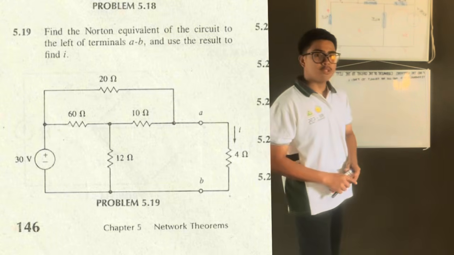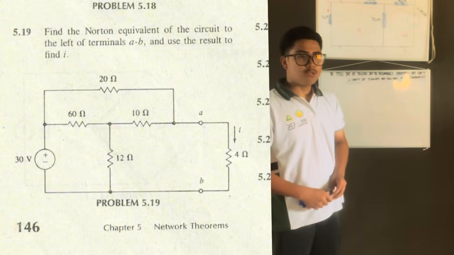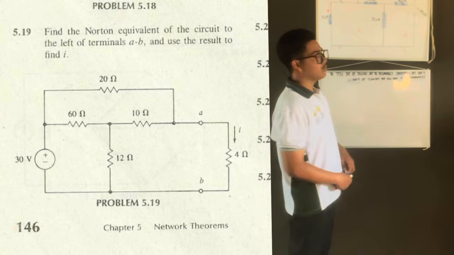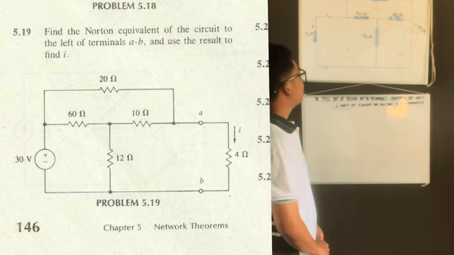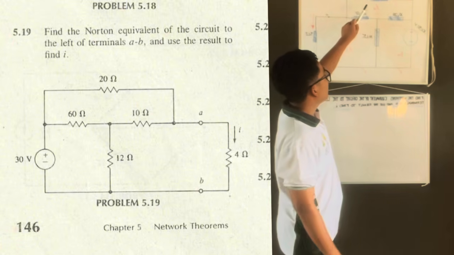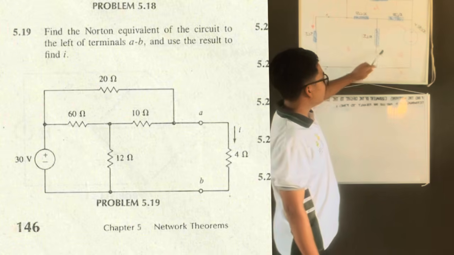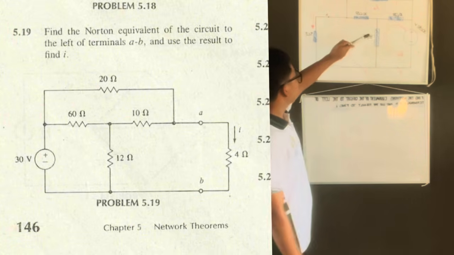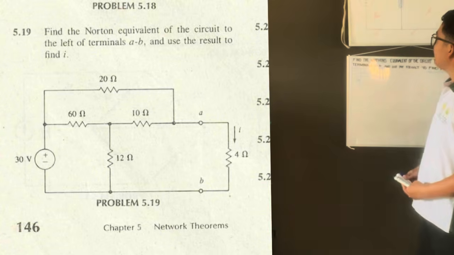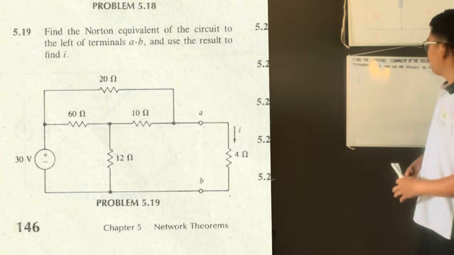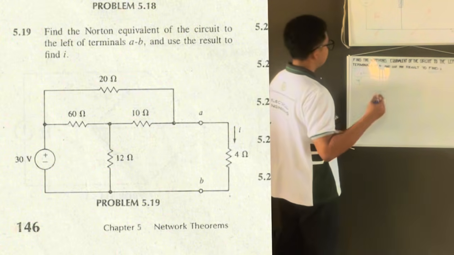First thing we do is to use loop analysis. In my turn, I will use loop analysis, but you can also use the delta-to-wye equation. First thing to do is to make loops. I will consider this loop A, our source will be loop B, and this area will be loop C. So we will be getting a loop analysis. We will start with KVL at loop A, which is negative A,